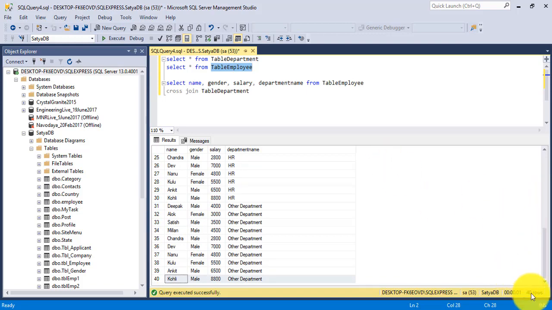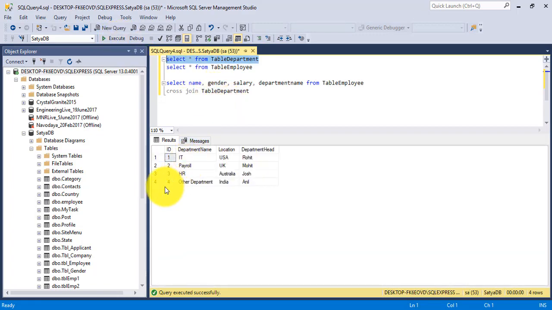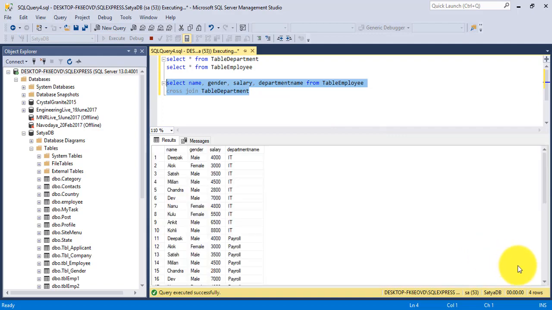So in this way we can get the 40 results. If, for example, we add another department here, that is 5, with ID 5 and the department admin, India, and Rohit, it gives us 50 results. 50 rows will be here if we add another row in table department, because